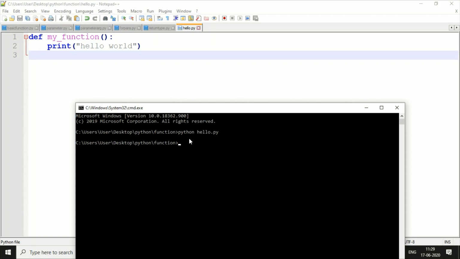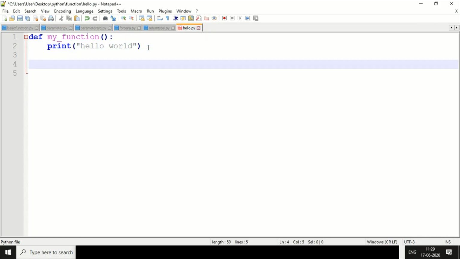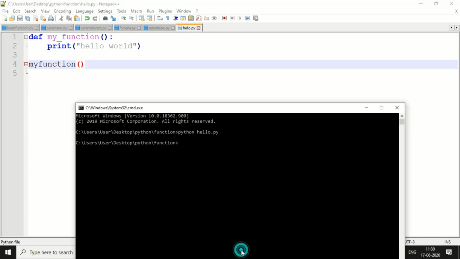Why? Because once you create the function, you need to call it. Without calling, it won't display anything. So what we have to do is write my_function with brackets. Now let's check the output.